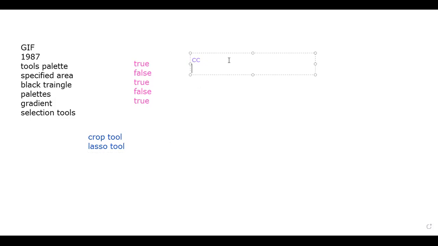Who invented Photoshop? Thomas Knoll. Which bar shows different options of the currently selected tool? Context menu. Very good. Default extension of the Photoshop file? .psd. Correct. Which tool is used to remove the unwanted parts of an image? So the tool is crop tool. Which key combination is used to deselect the selected area? Control plus D. Clear? All the answers are clear, children?